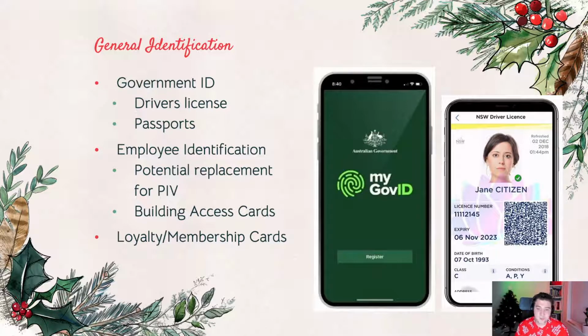And then something that's really big in retail, and has been for the last 20 years, is loyalty and membership cards. So, have you spent $1 million shopping at whatever company it is? You have a loyalty card that proves that, and you can issue that by verifiable credentials or decentralized identity.